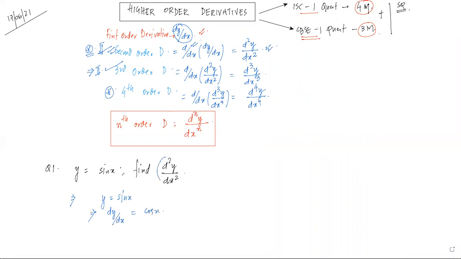But we have been asked to find the double derivative, as in we will differentiate the left hand side once again. It will become d2y by dx2. And what is the derivative of cos x? We know it is minus sin x. So this happens to be the first answer. A simple problem to make you understand what is this double derivative. We'll go for another one. Number 2.